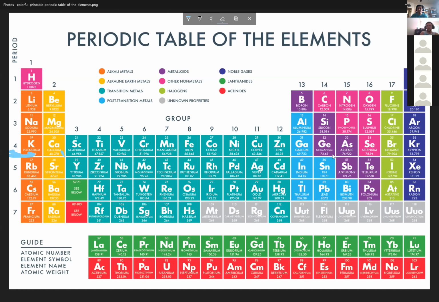Let me make sure I'm annotating. Wait, give me a second. There we go. Let's do that. We do it based off the period. That's for N. Now for L,